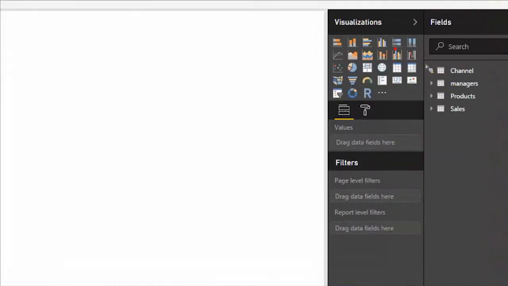Look at all the visual choices we have over here listed under the visualizations choice. Plenty to choose from. Bar charts and column charts and pie charts, maps, matrix, tables, gauges, donut charts, my favorite for sure, the donut charts. And then also we have the